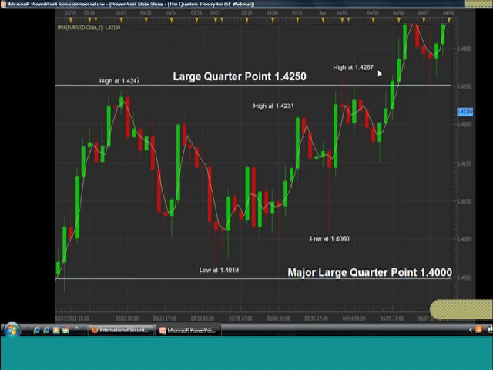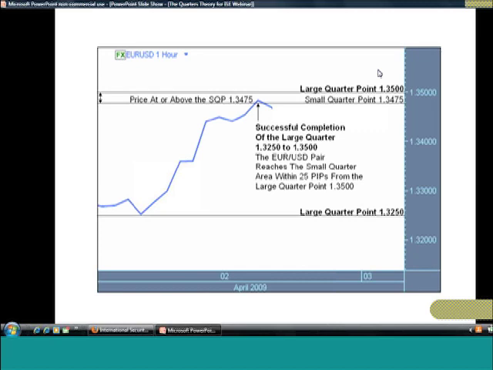1.4247, 1.4231, 1.4267. They seem like completely chaotic random numbers. But aren't they all within 25 pips from the targeted large quarter point at 1.4250? So we focus on what's really important, and that is the fact that the large quarter in that example has been successfully completed by prices reaching at least the vicinity within 25 pips, or 1 small quarter, from a targeted